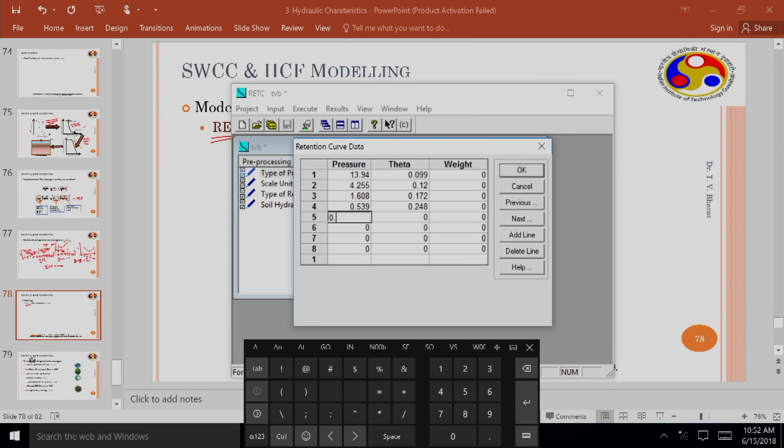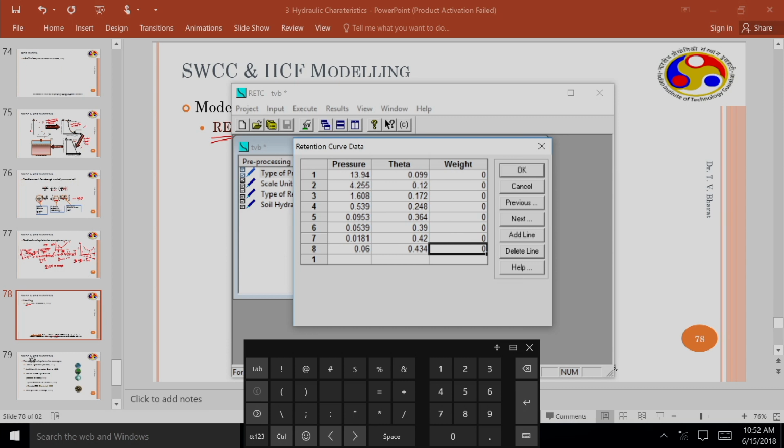and this is 0.0953, and this data is 0.364, and this is 0.0539, and this value is 0.39, and this is 0.0181, and this value is 0.42, and 0.06, this value is 0.434. So this is the data we have.